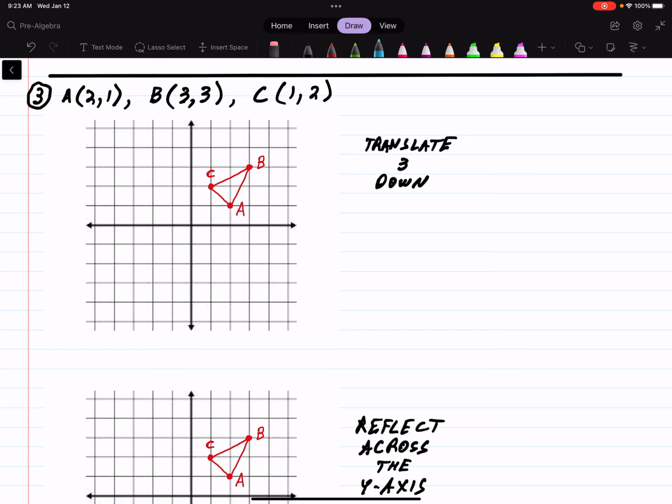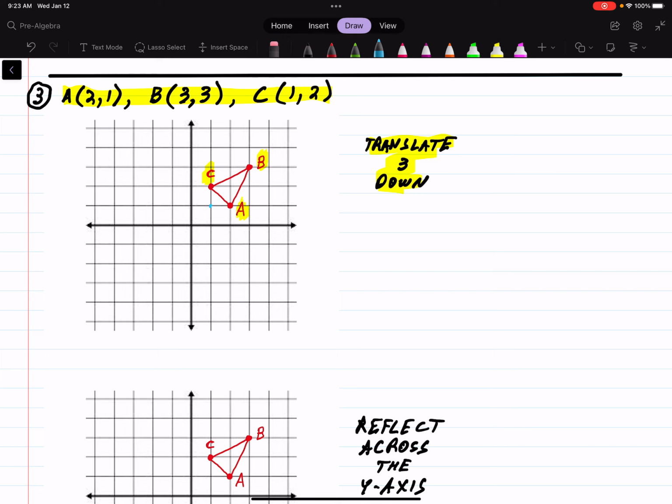So it gives us the following points, and it asks us to do all the things we do to the following points. So the first one says, let's see if we can translate 3 down. And here's our points. A is at 2, 1. B is at 3, 3. And C is at 1, 2. So translating 3 down,